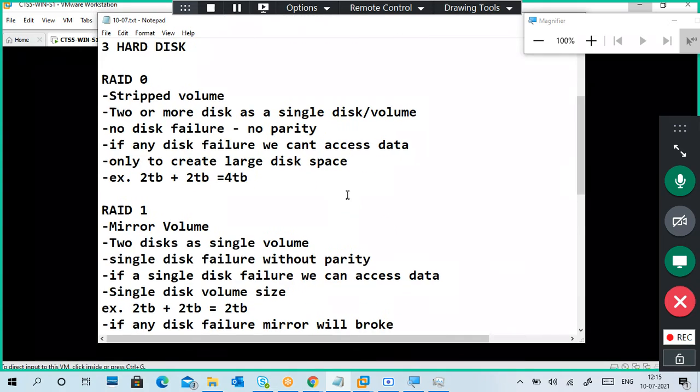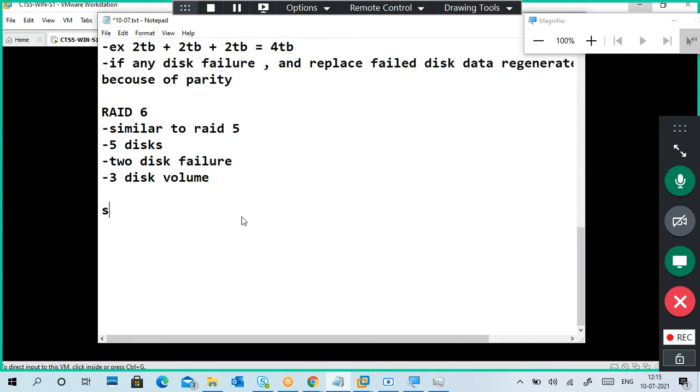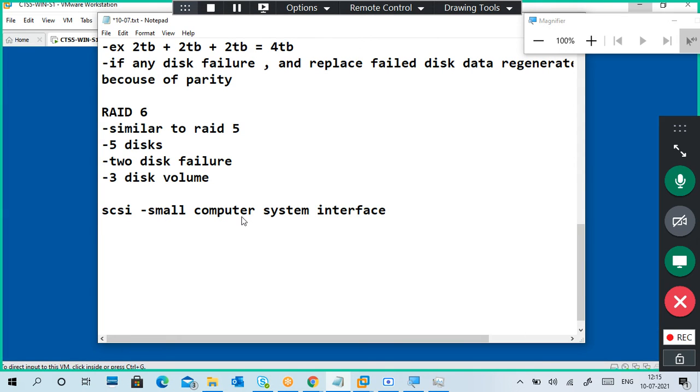I think everybody understands what SCSI is. What is SCSI? Small Computer System Interface. The main feature of this is hot swappable.